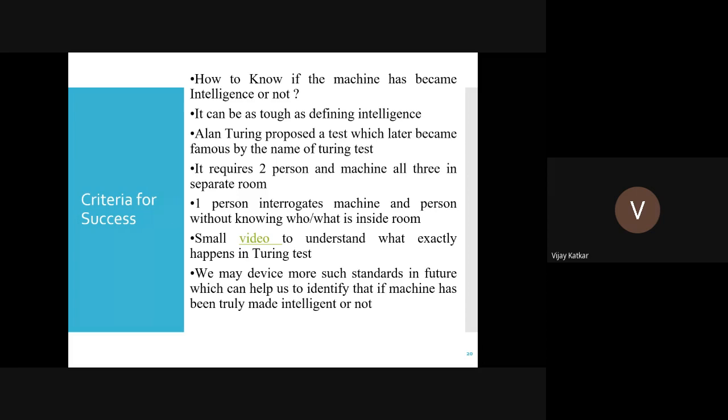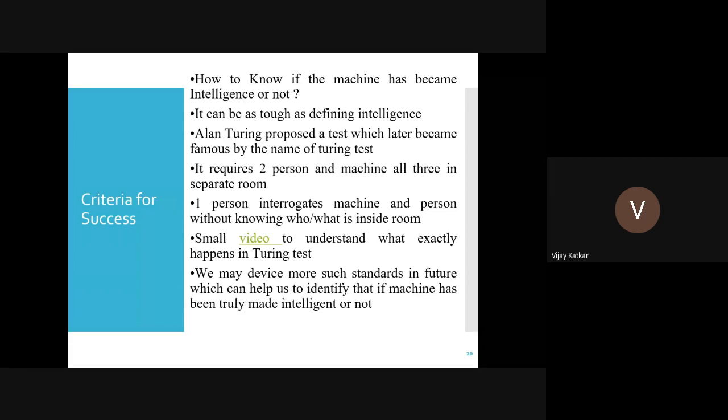Because I guess in the last session there was a debate. One was saying that a particular machine is intelligent and it can understand human emotions, and I can't counter-argue it that it is not perfect every time. And some other students supported me, sir, it is not as intelligent as a human. So that is a tough decision, to tell when you can say that it is intelligent. For example, Google is saying our car is smart enough. There was an accident, but that was not a fault of the car. That was a fault of a person. He intentionally hit that car. So now it's a difficult thing whose fault it is.